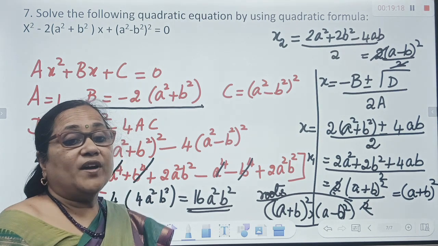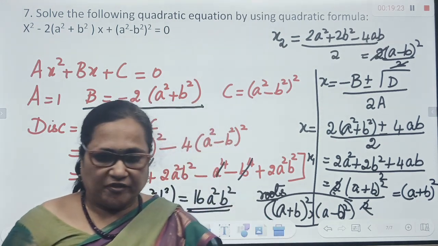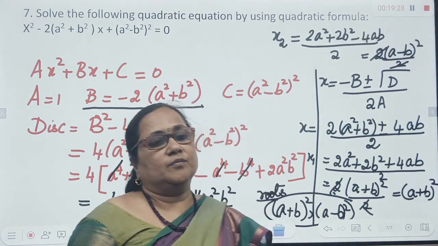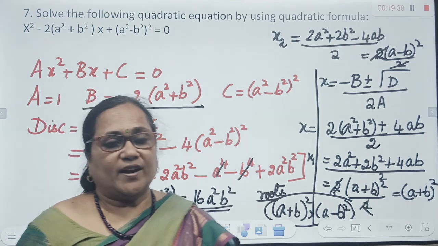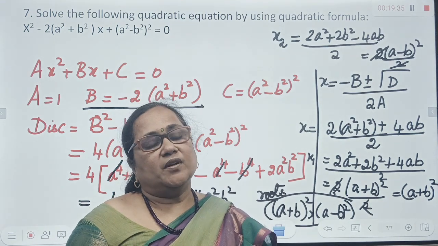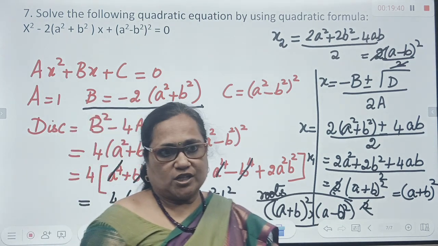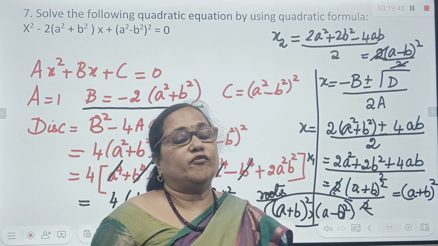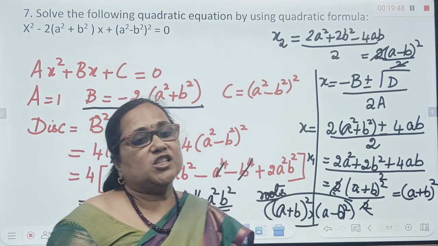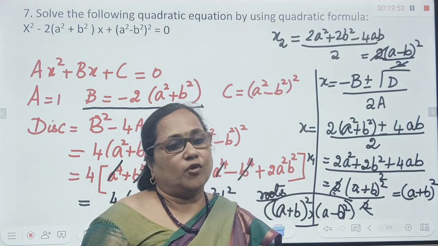So it is possible to find the roots of the quadratic equation using the quadratic formula. One method is by factorization. But sometimes, if you're not able to guess how to split the middle term, or you're not able to solve it by factorization, then you can very confidently use the quadratic formula, which we have derived. Look at an earlier video where we have derived it, and I've also used GeoGebra to explain in the graph of quadratic equations. So from there you will see that x is minus b plus or minus root of b square minus 4ac by 2a, which is called the quadratic formula.